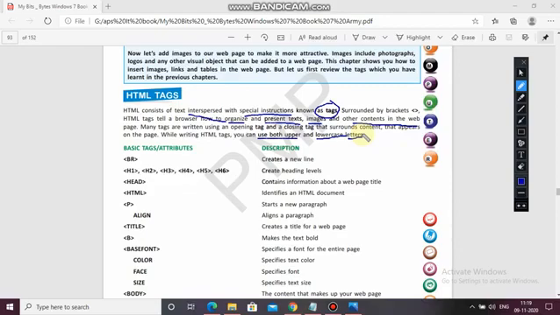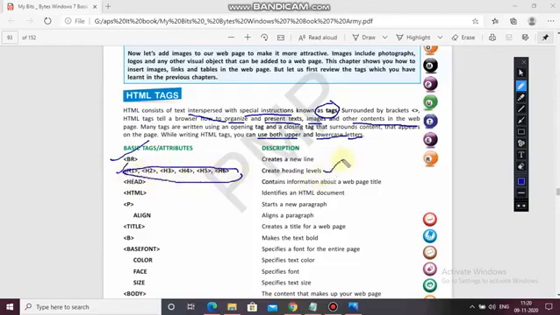Now basic tags, attributes with description. So let's see. First one is BR, creates a new line, BR tag. Second, H1, H2, H3, H4, H6, these are the different levels of heading which create a heading level.